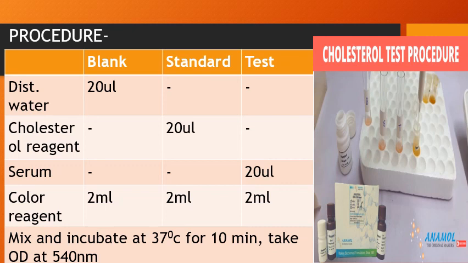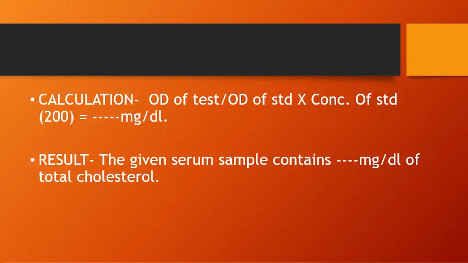Please note down the aim, method, principle, procedure, everything in your observation book, and once you come back to the college, from the notes which you have taken from this class, you have to perform it in the biochemistry laboratory once you come back to the college.